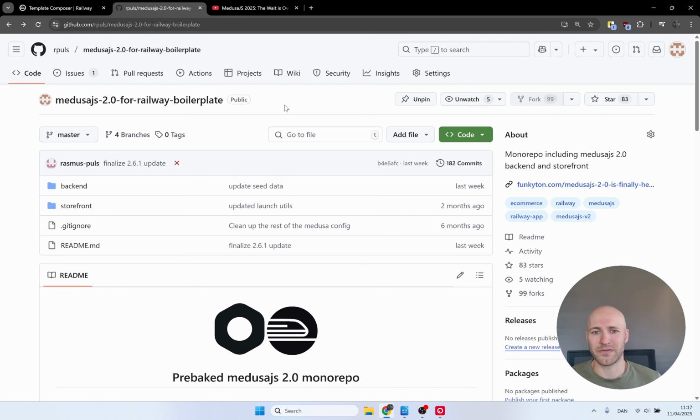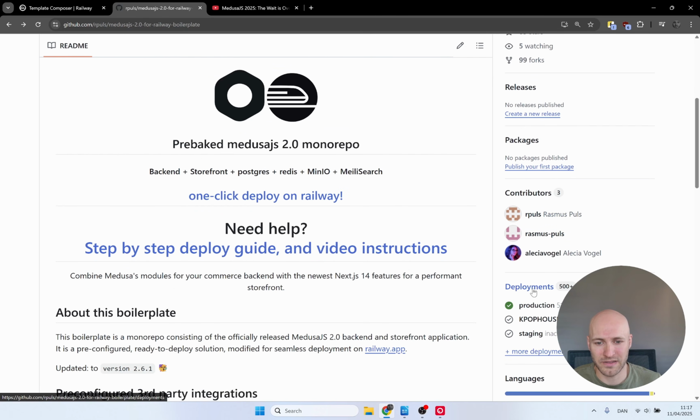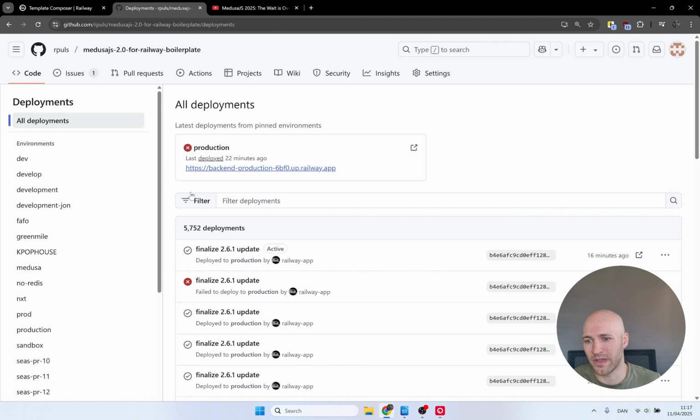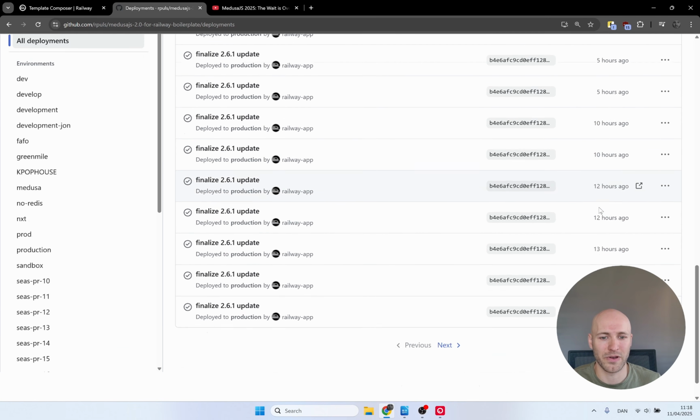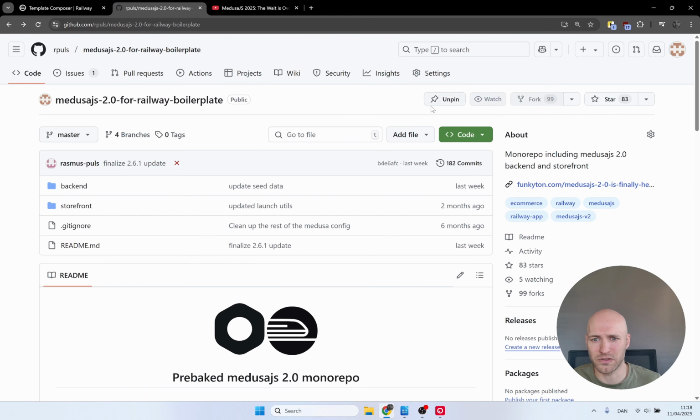And to make life easier for ourselves, we're going to be using my GitHub boilerplate for Medusa. And this is a repository that I've been maintaining for about 7 months, I think. It is pretty well battle tested by now. It has more than 5,000 individual deploys, and you can see here it's been deploying pretty frequently. It also has 100 forks, so a lot of people have used it,